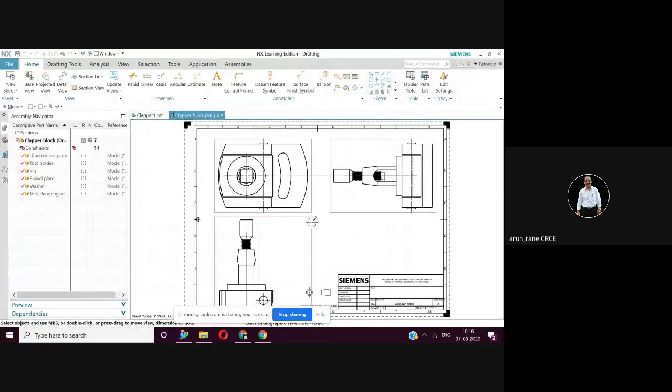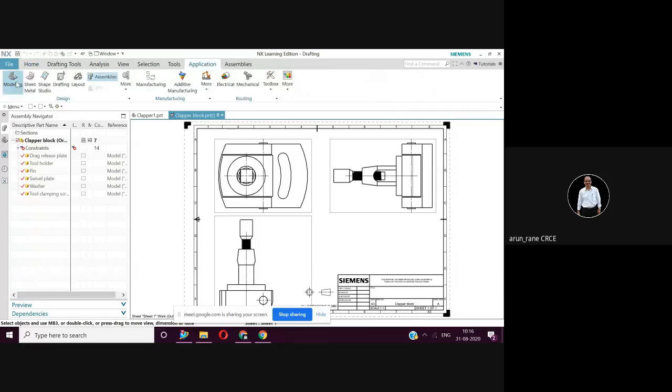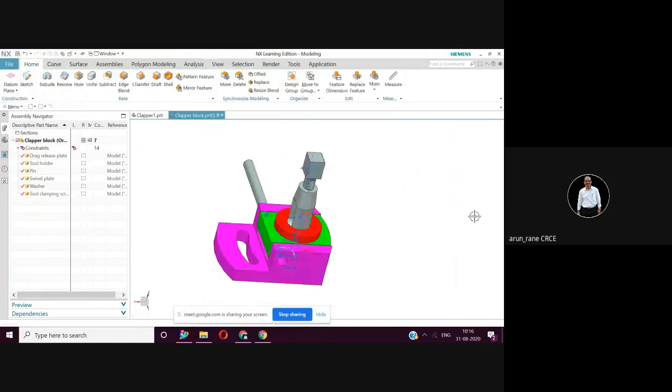You can save in the same file, or you can save as another file also. So how do you see the 3D model from a 2D drawing? You have to go to Application, because now you are in drafting mode. Go to Application and go to Modeling. Now you can see the 3D model here.